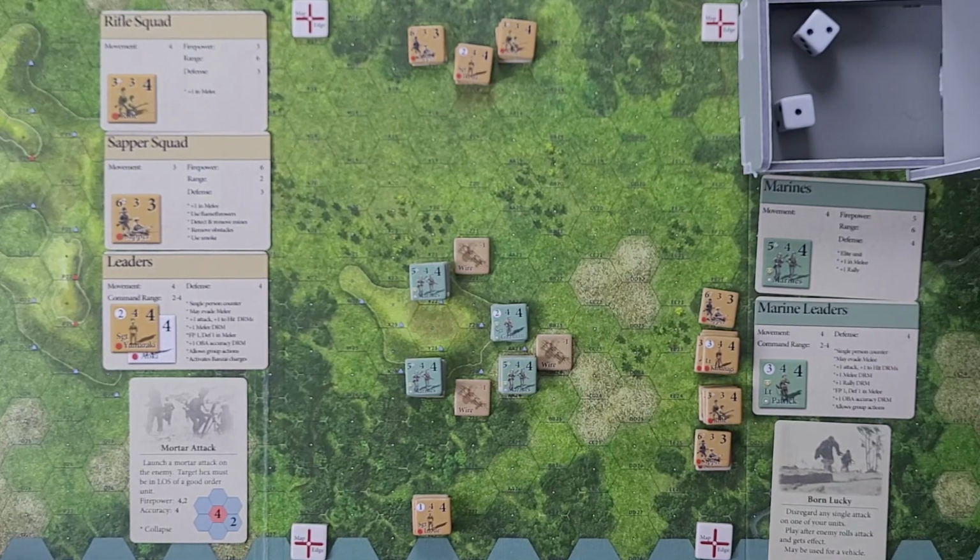So with 5 impulse points, it's hard to do a whole lot. So what do your impulse points buy you? Essentially, they allow you to do things like move and fire and some other stuff. So since the US won initiative, they get to go first. They're going to actually use their first impulse here